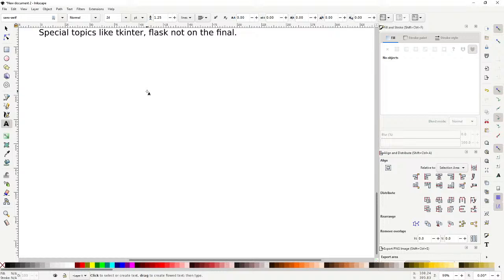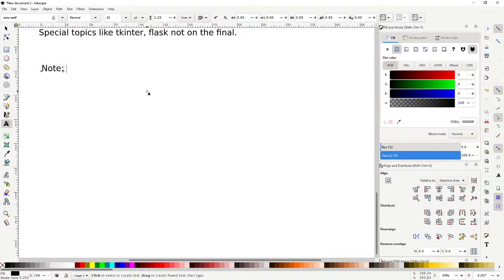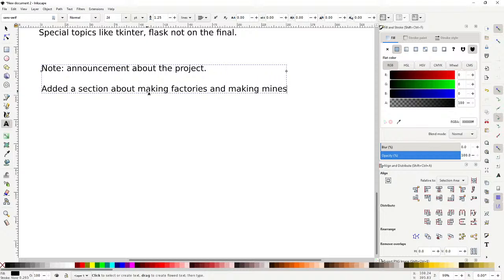So then the last announcement before we get into Flask is that note that I sent out an announcement about the project. Basically the idea here about the project is that I didn't say it explicitly. I kind of did it in the sample output, but I didn't say it well enough. So I added a section about making factories and making mines. So the answer is, if there's a recipe